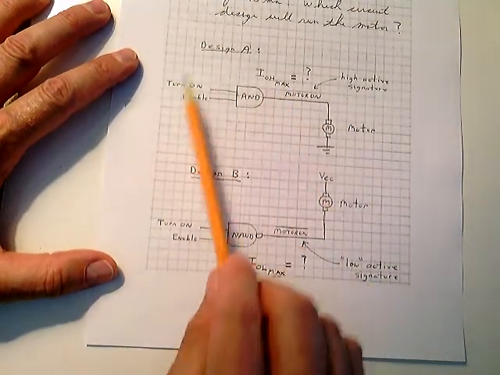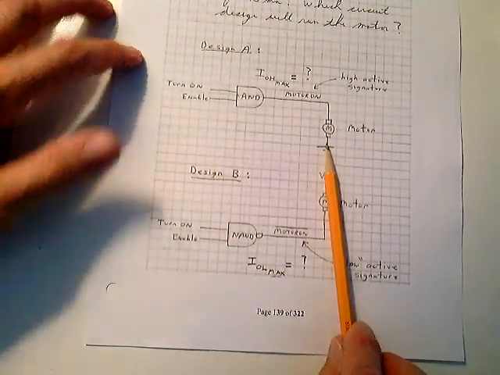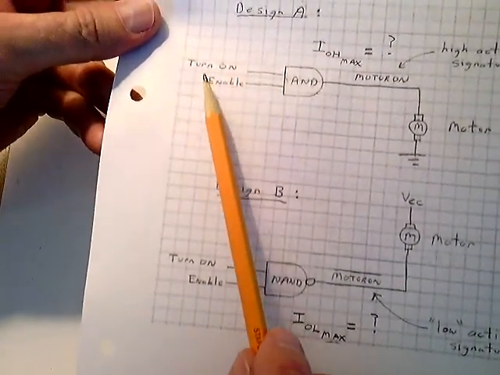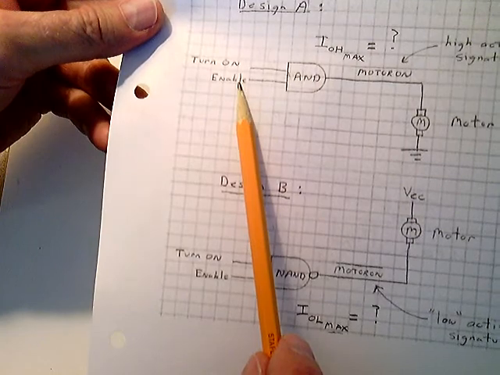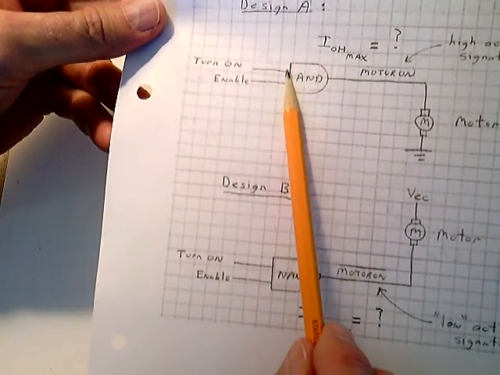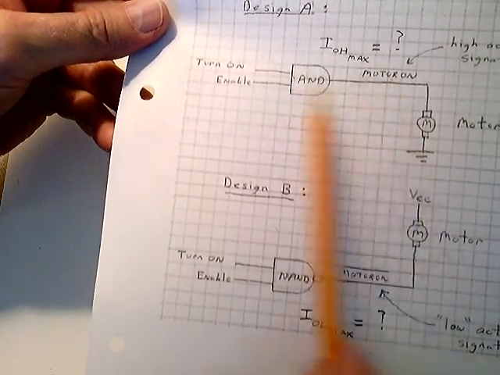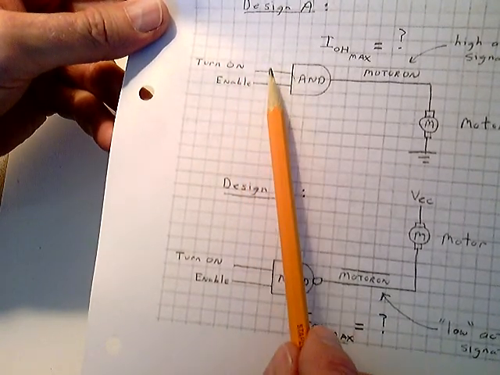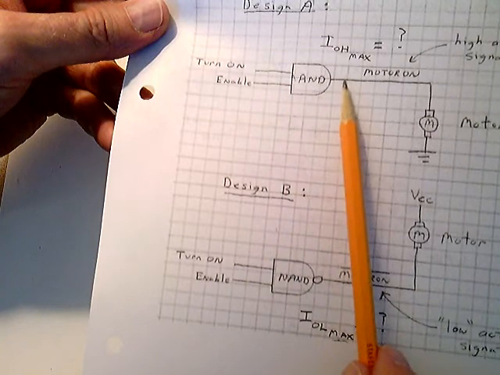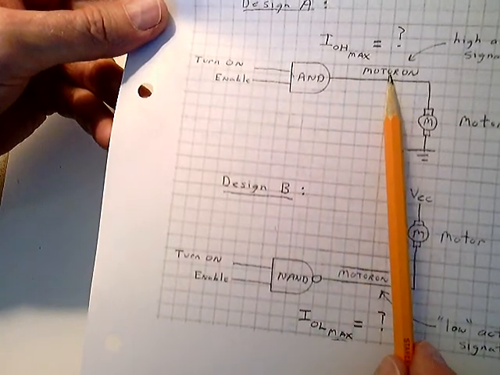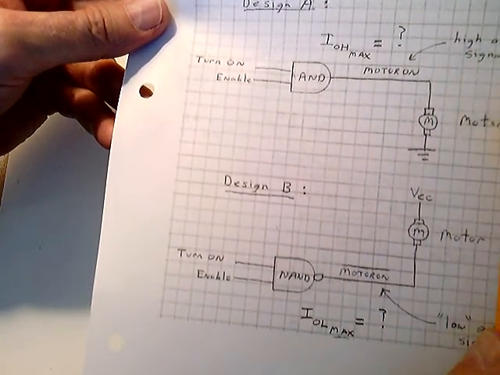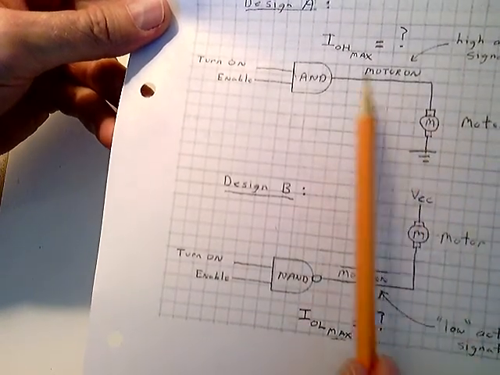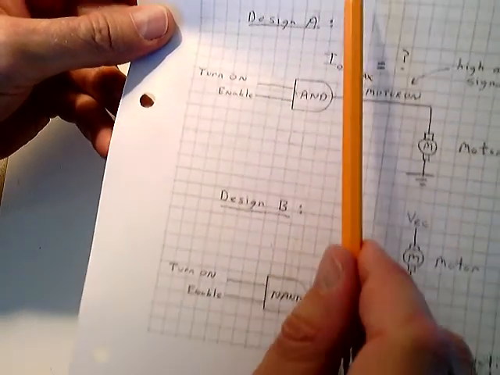Well, first of all, one engineer designs it this way. He has an AND gate here. And this AND gate, you have to enable the circuit, so there has to be a 1 here and a 1 here, and you turn on the motor. So, turn on motor is a high active signature, and enable is a high active signature. So when this is a 1 and this is a 1, this output will be a 1, and the motor should turn on. Well, this side of the motor we have tied to ground, and we throw 5 volts out here. If it's a 5 volt, 10 milliamp motor,